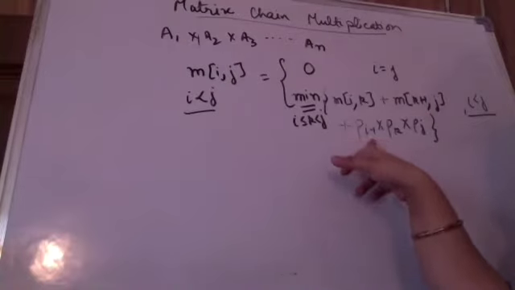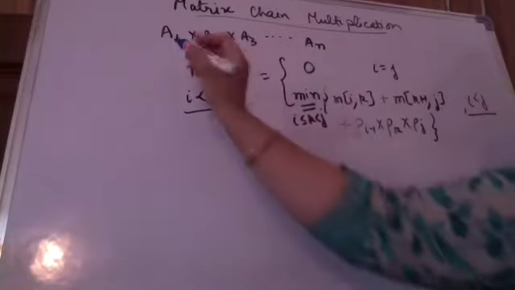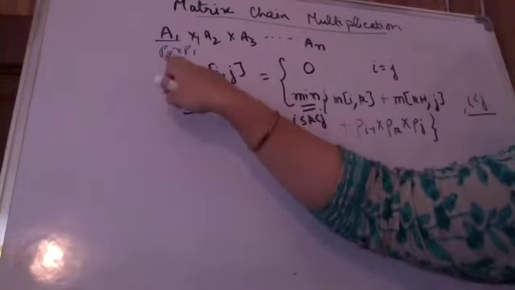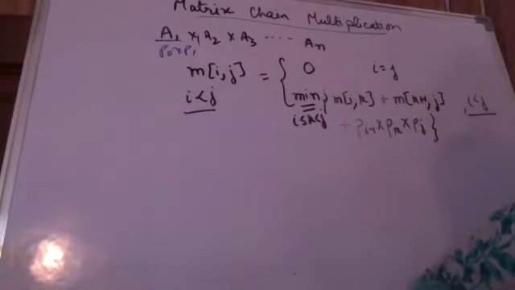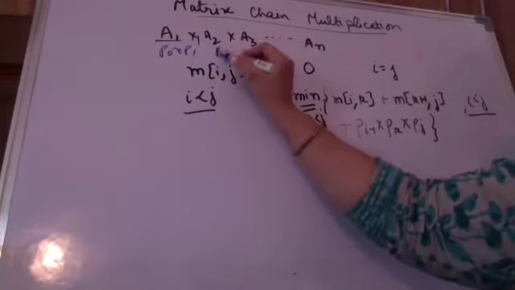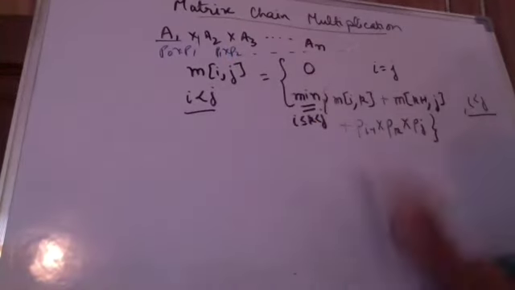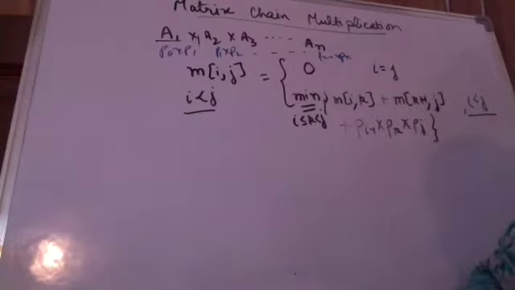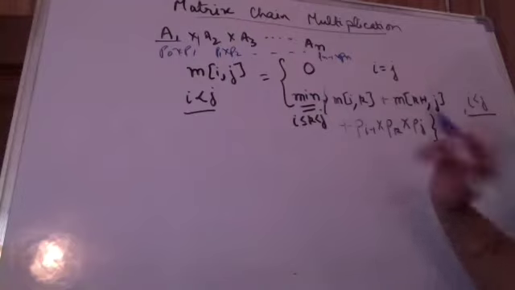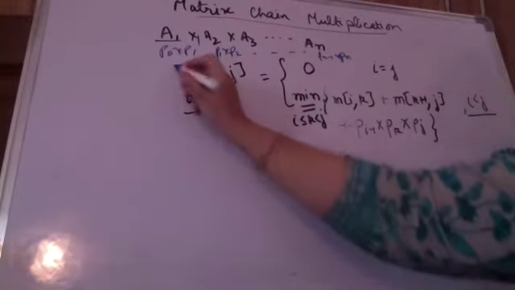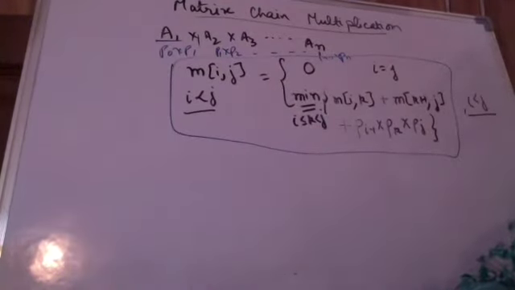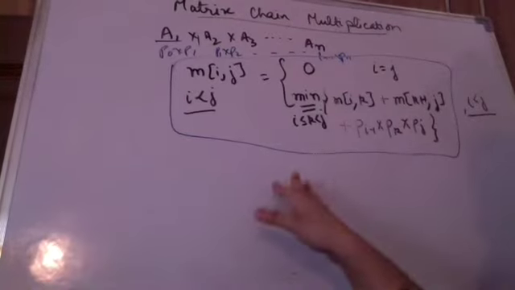It is p(i-1) because p0, yes ma'am. This is our assumption itself that the order of A1 is p0 cross p1. So it is, okay, for A_k the order is p(k-1) cross p(k), and this is p1 into p2 and so on. This is p(n-1) cross p(n). Fine? Okay, ma'am. Right. So now, this is my optimal structure finding formula. Based on this formula, I am now going to write my matrix chain order calculation algorithm. So I am now moving on to the algorithm.